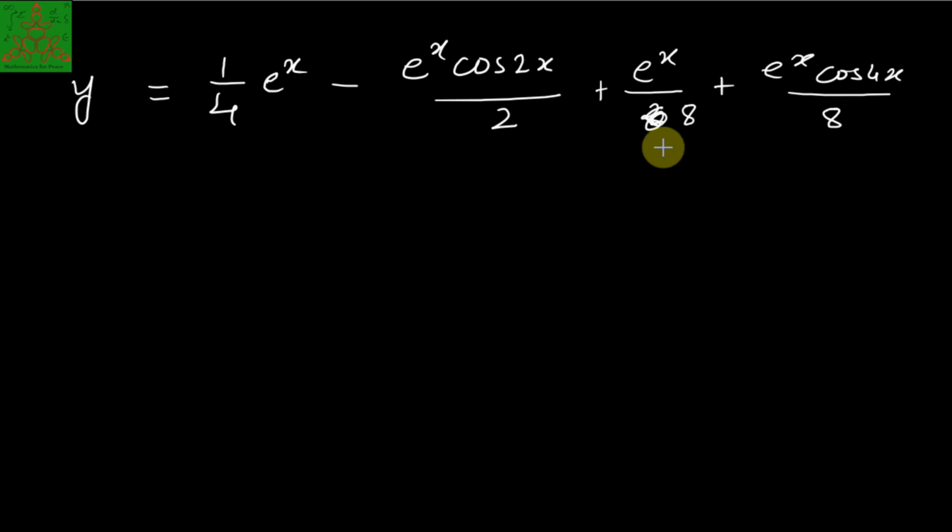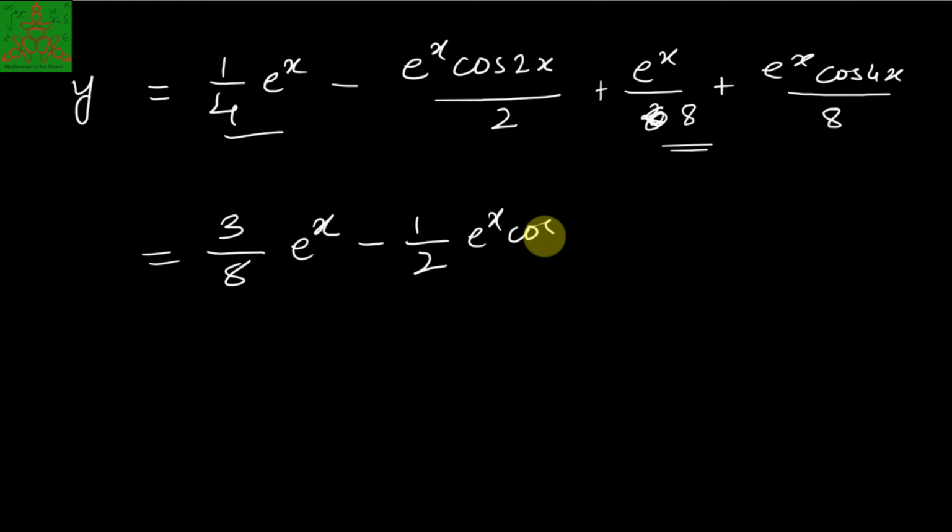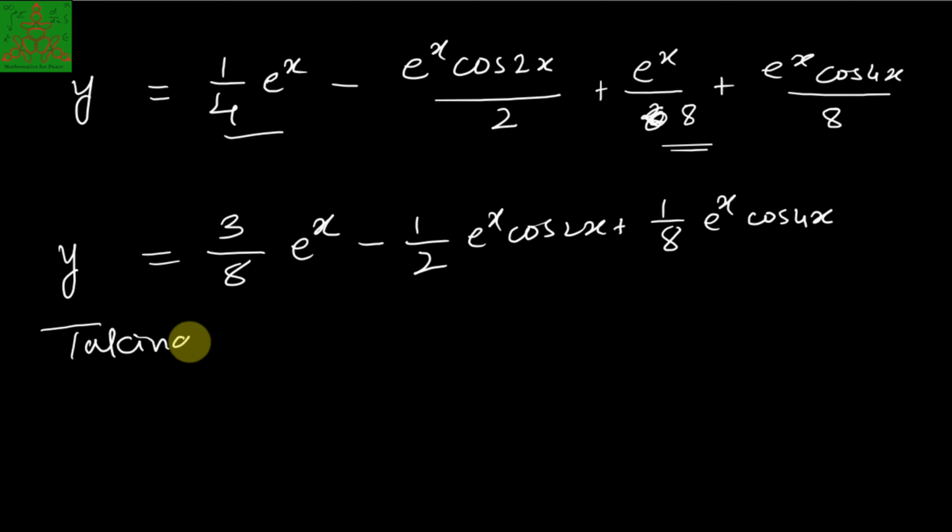And if you add these two, then you will have 3 by 8 e power x minus 1 by 2 e power x cos 2x plus 1 by 8 e power x cos 4x. This is y. Now taking the nth derivative